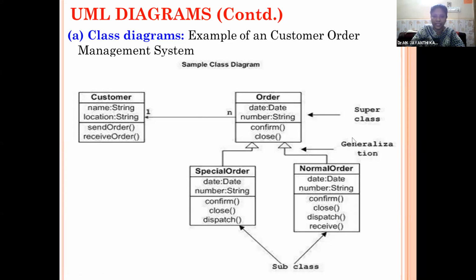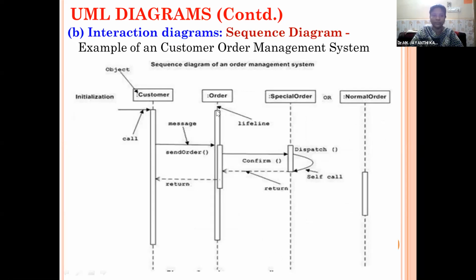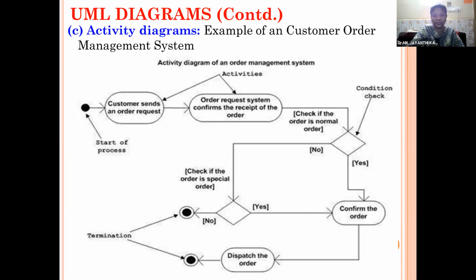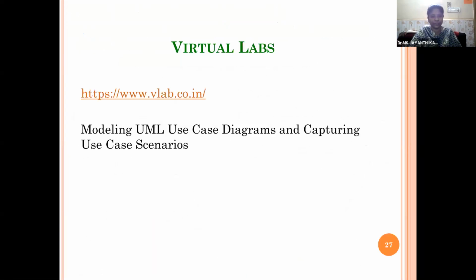In the previous class we discussed how to use StarUML to draw the UML diagrams. In the same way, we can make use of the virtual lab, VLabs also. VLab is an IIT Kharagpur simulation tool.